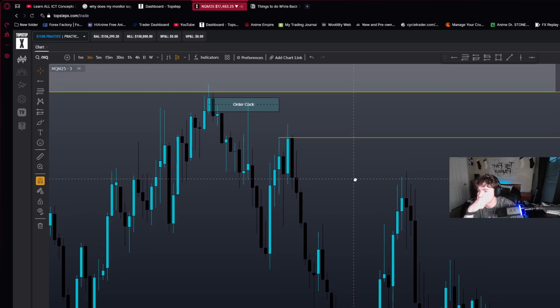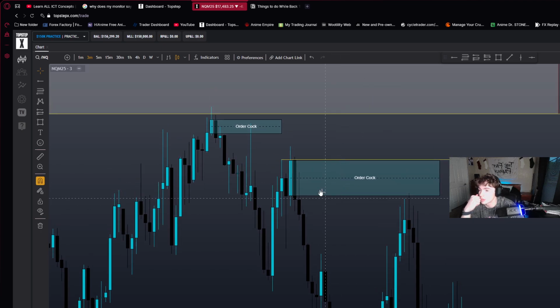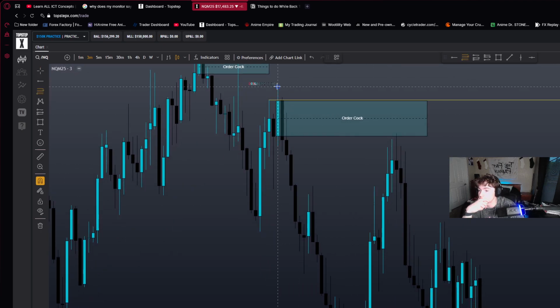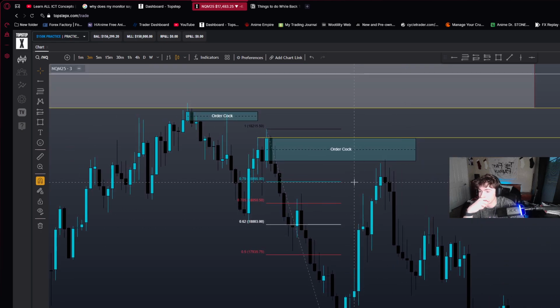That doesn't really matter because we're looking for the order block. So we mark out the order block. Bang. Holy crap, dude. Look at that. Liquidity sweep. Let's look for OTE. OTE, yeah, it's way up here though. It's more of a low probability liquidity sweep because it's so close together. Still liquidity sweep though, so you could use that.